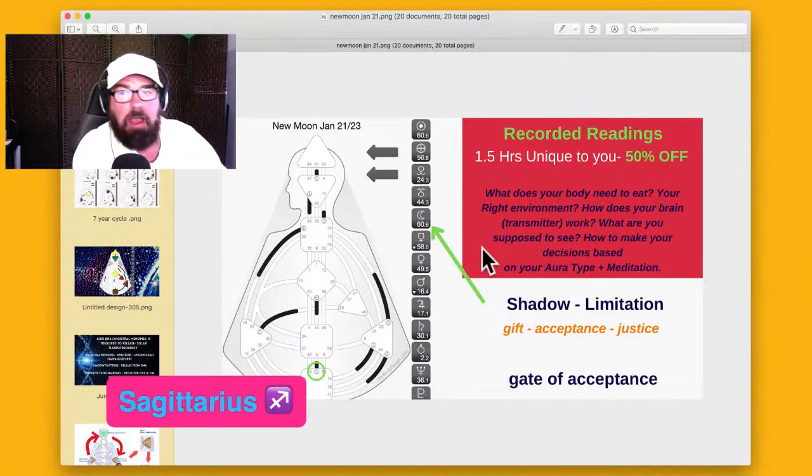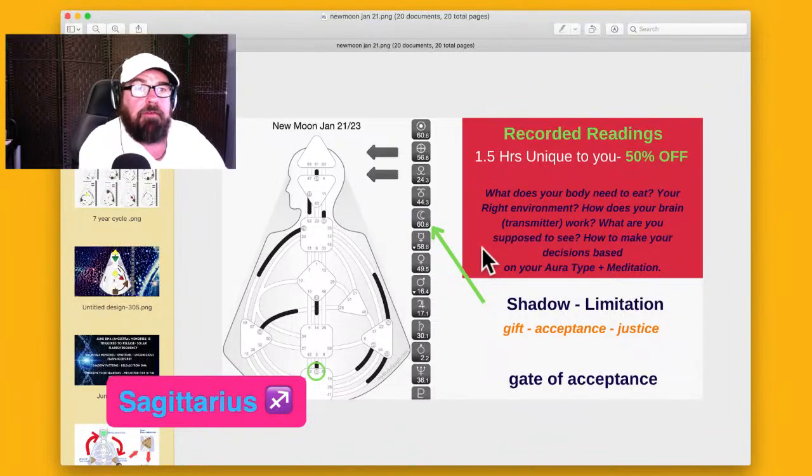This is your finances and your self-esteem. Sense of self. So you may be experiencing limitation in your finances. Right? Not feeling like you got enough resources, just feeling limited.